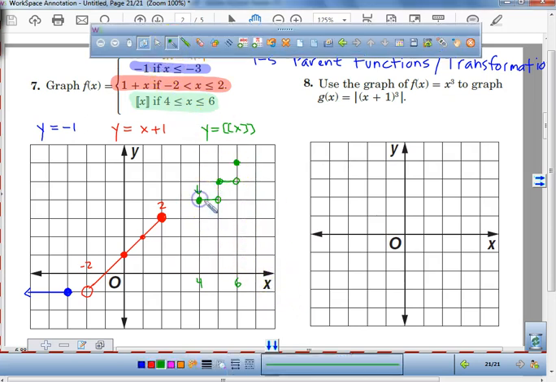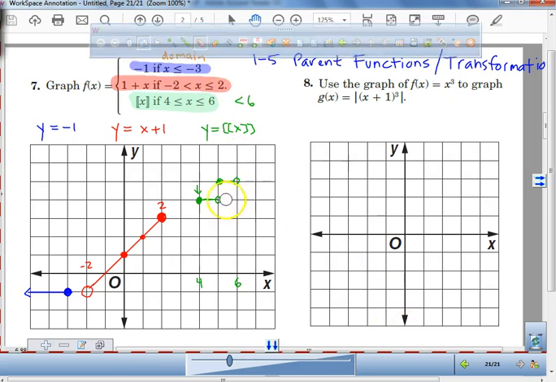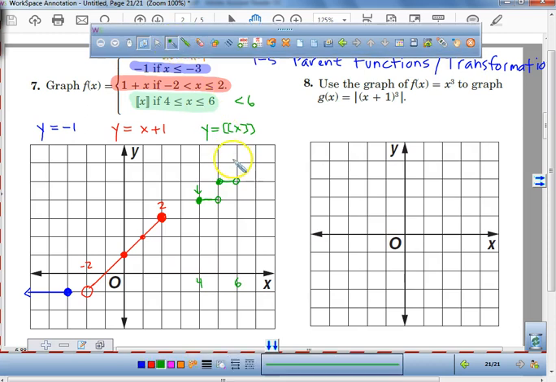And honestly, the graphing calculator doesn't actually plot that point. But it says we can plot this one point because we're technically equal to a 6. If I took this away, everybody, if this was not equal to, if I said just less than 6, then you would just erase it. Okay, and you'd have 2 little steps. Okay? But since it's equal to,